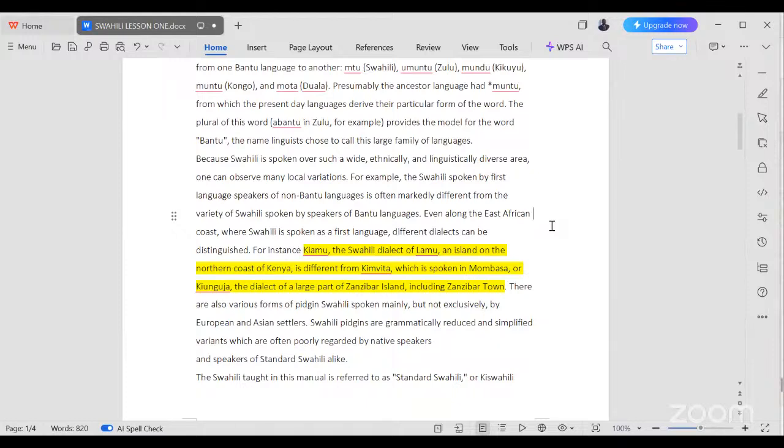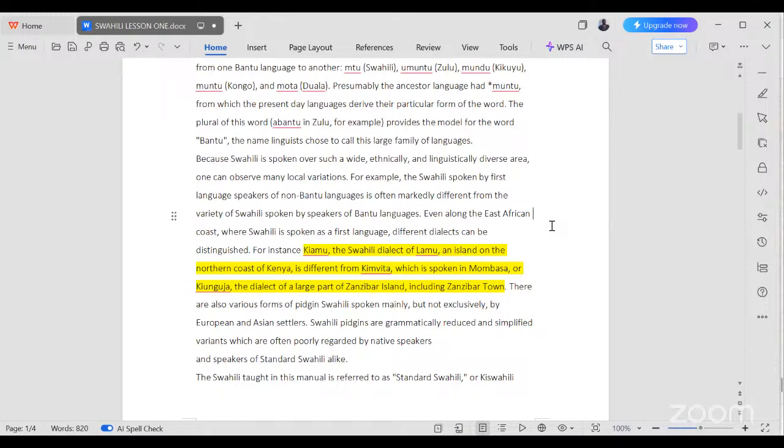We have also Kimvita, which is spoken in another part of Kenya close to Mombasa. And then we have Kiunguja, which is a dialect largely spoken in Zanzibar. In fact, the other time when I was in Zanzibar, there's a place called Unguja. So based on this variety of dialects, as I've said, there are also various forms of Pidgin Swahili,